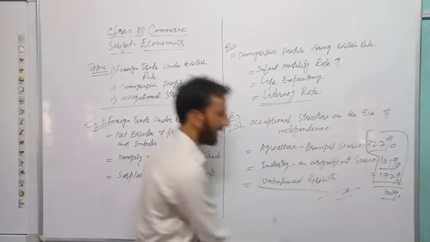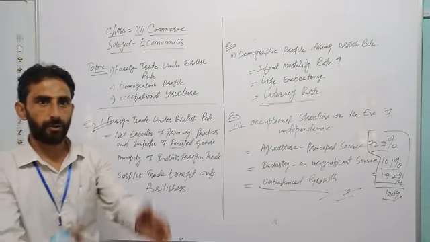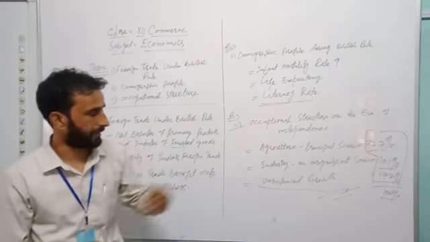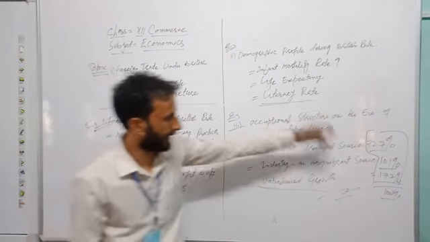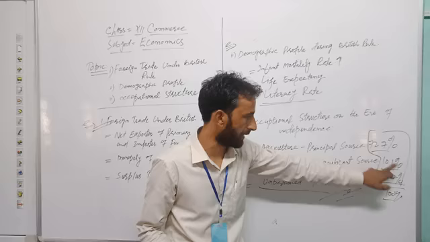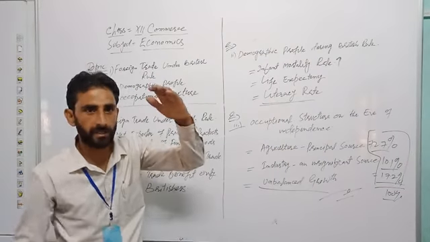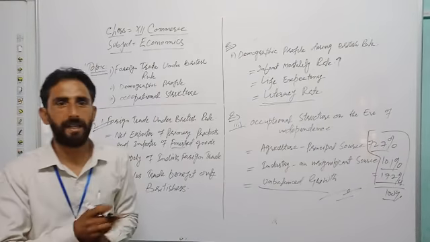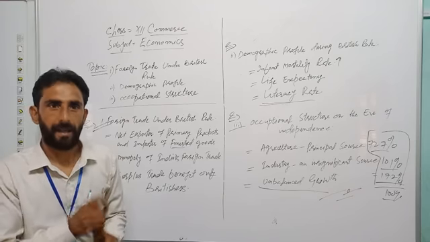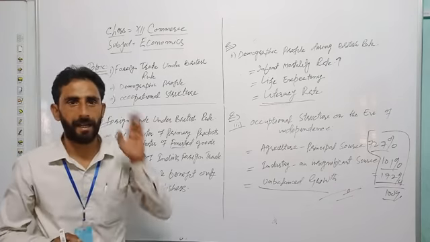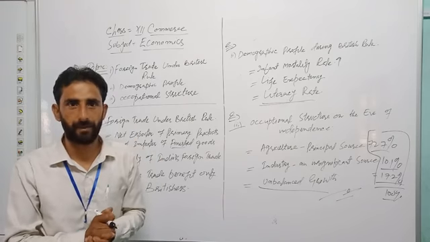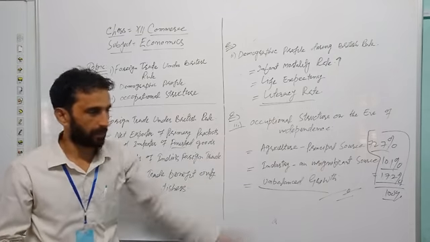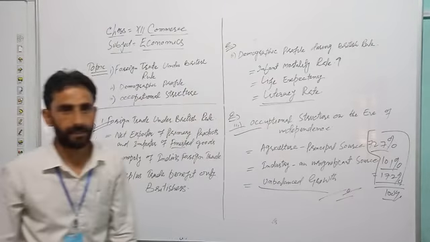The third component is unbalanced growth. Balanced growth means people should be equally working in all three sectors, but this was not seen in the scenario: 72 point something, 10 point something, 17.2, which means there was a big difference. More than two thirds of people were working in the primary sector. But you know that in the agriculture sector the land is fixed, so there will be disguised unemployment. This is the clear concept of the occupational structure during British rule. Okay, thank you.